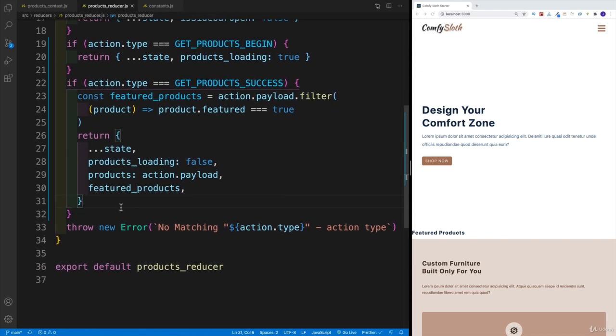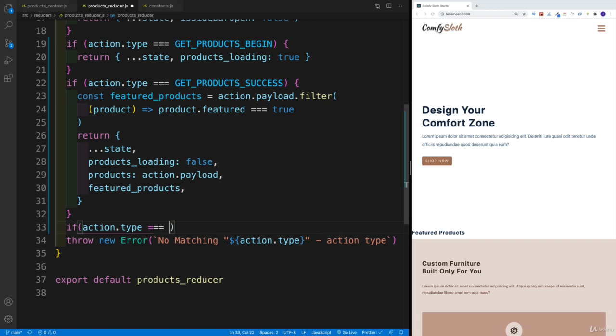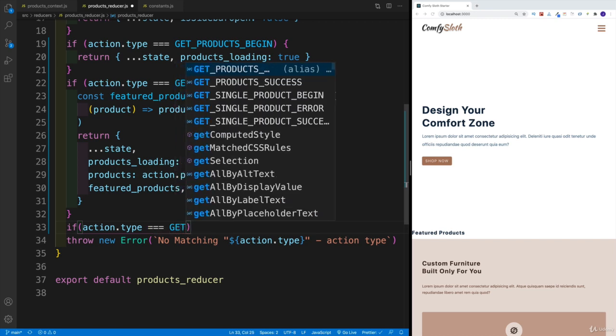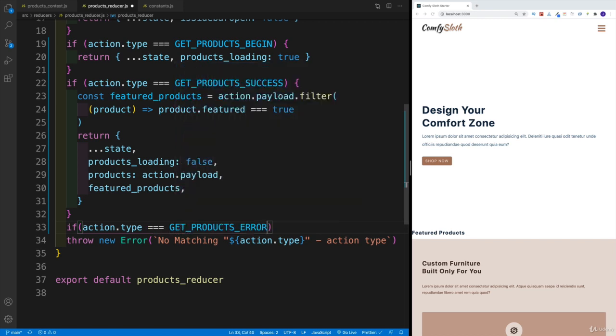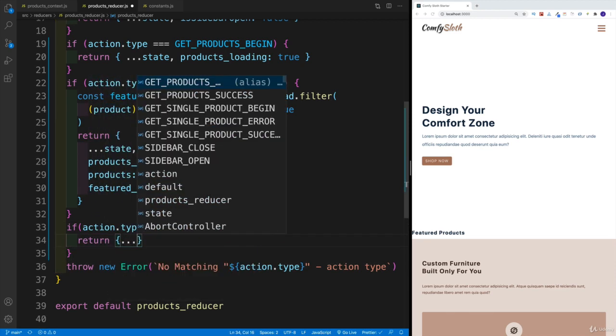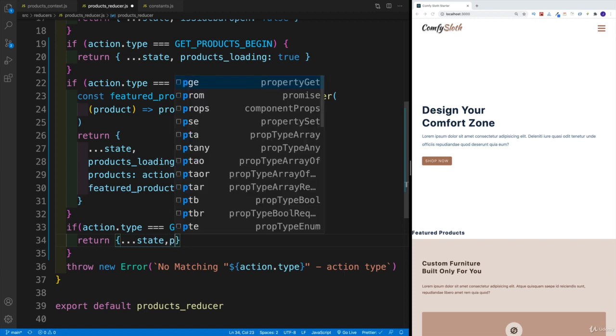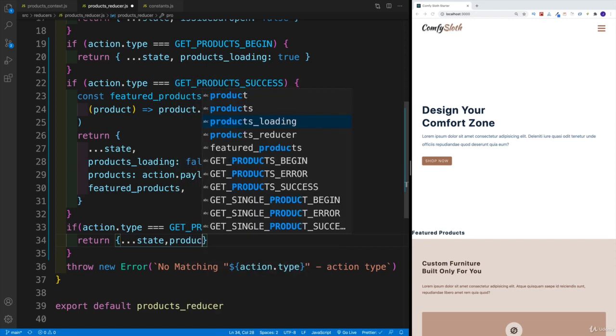So now in the reducer, we'll set up one more action here. And we'll say if action dot type is equal to get product error, then of course I would want to return my state. So dot dot dot state, so I'll copy all the values. But two things that I would want to change is I would still want to set loading to false. Remember, we were always doing that.